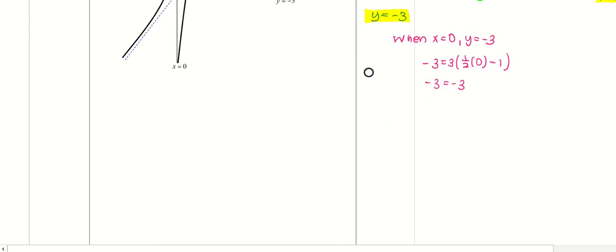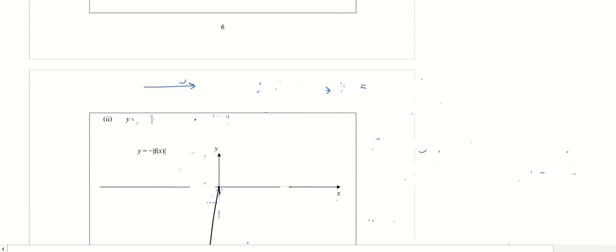Okay, moving on to part 2. In part 2, you are asked to draw the graph of y equals